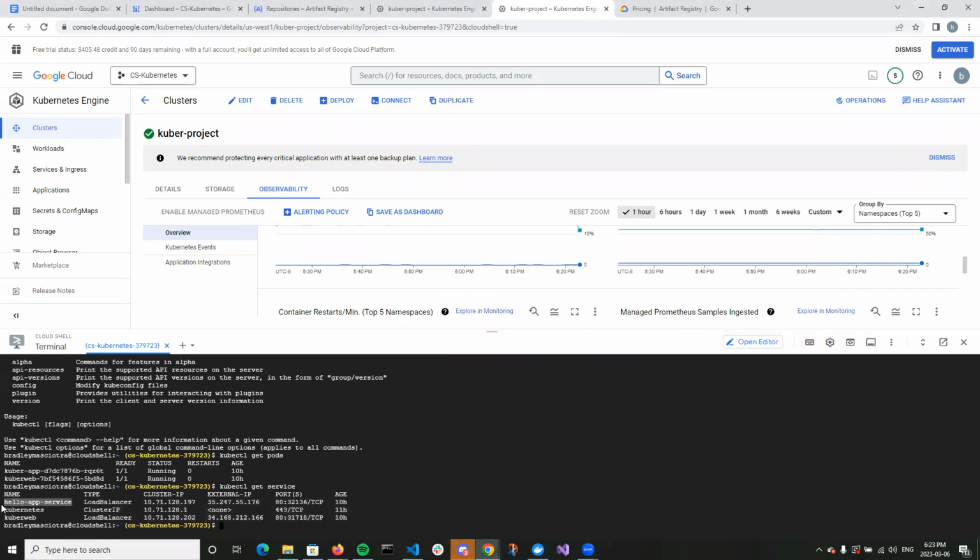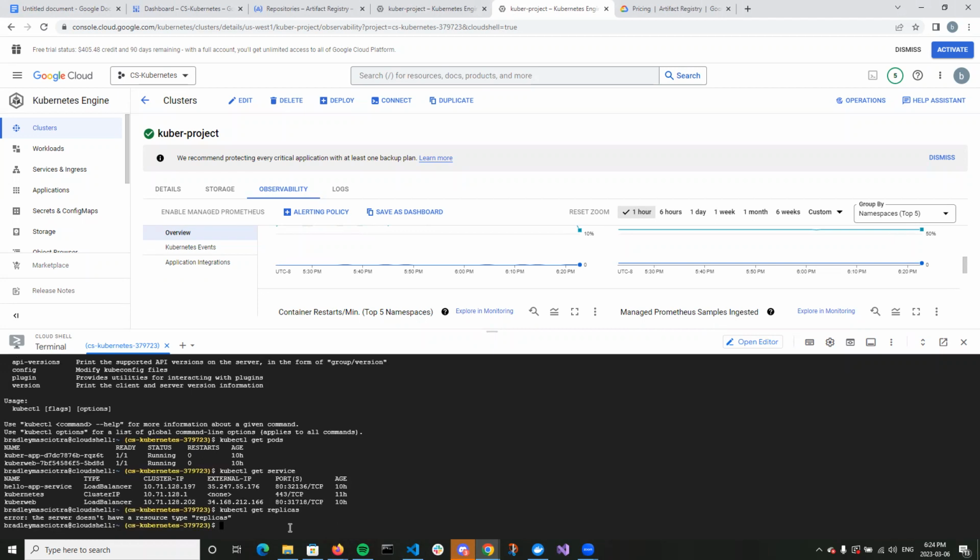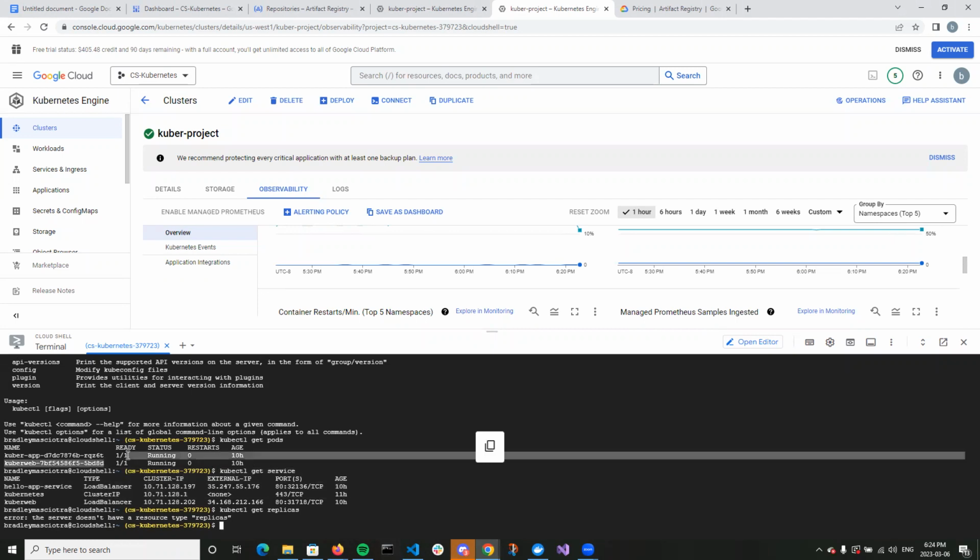Hello app was something I ran earlier just to try something out. But the cluster runs here, and this is our service for the load balancer. I think you can get replicas. No, sorry. But anyway, you can see that everything's running and ready to go here.